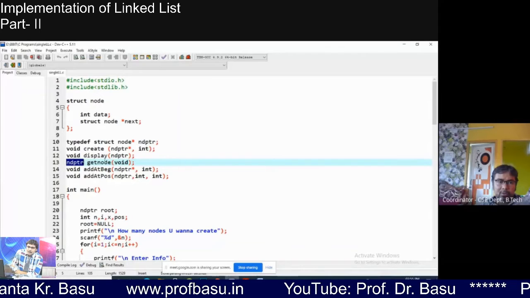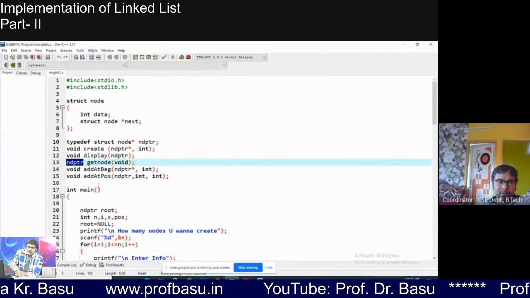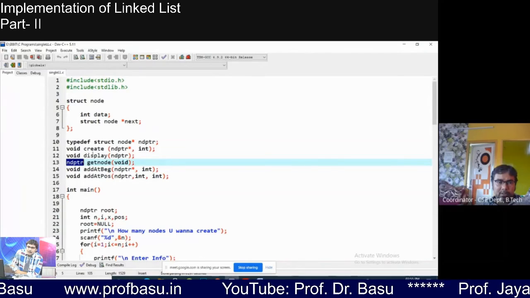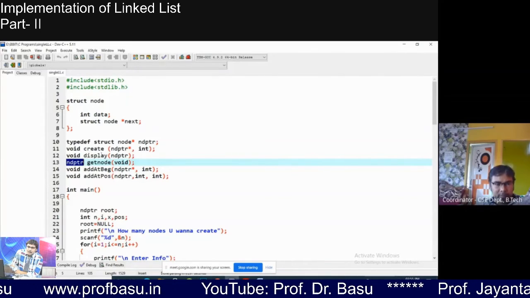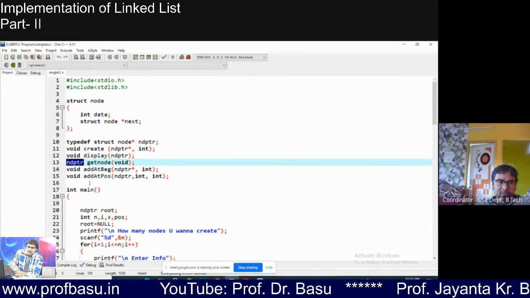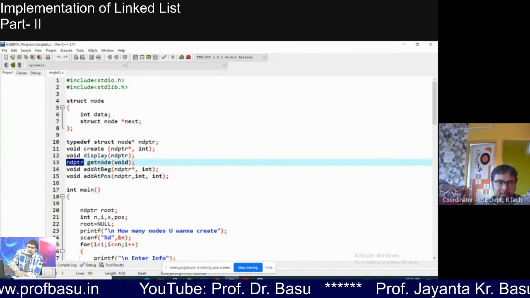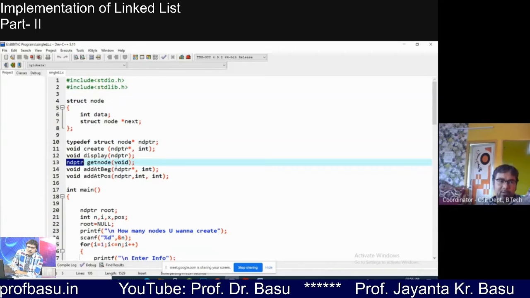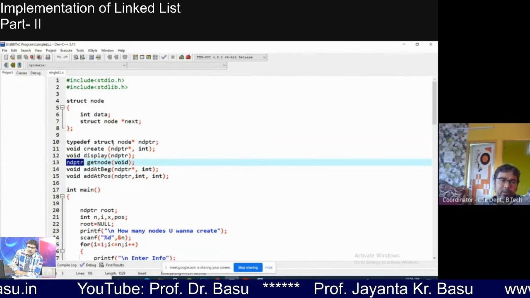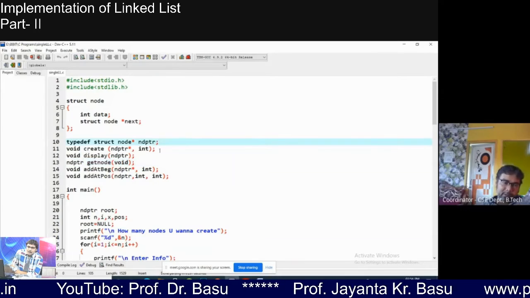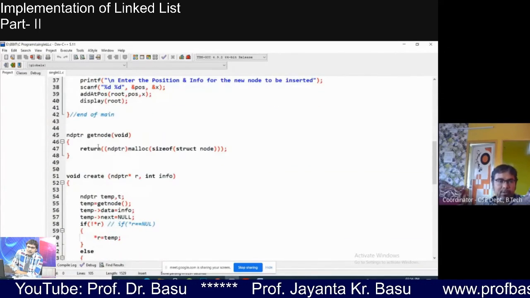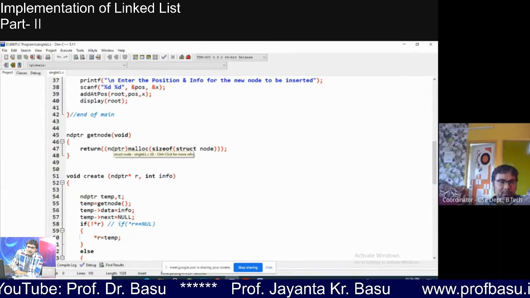You know all these are what? These are all the prototypes. This is for the compiler, to make the compiler understand that these are our functions, and these are the functions we have created. The signature or prototype of the function needs to be declared before main. This is a general convention. Okay. So the get node function is clear to all of you?